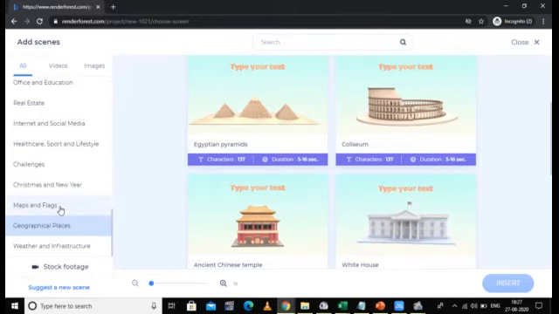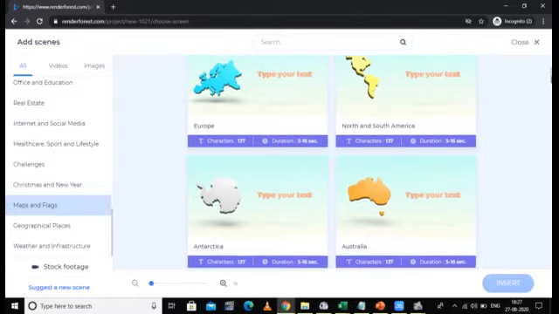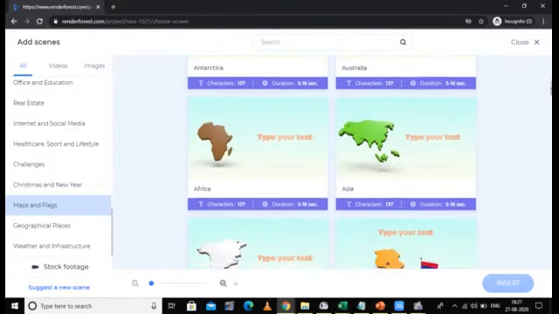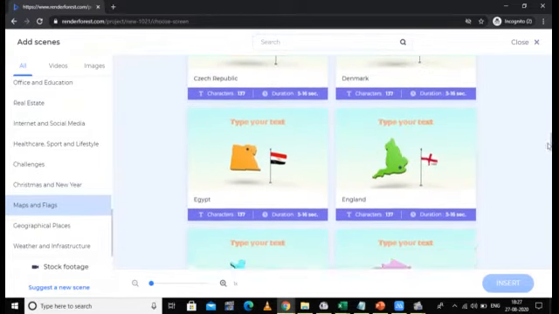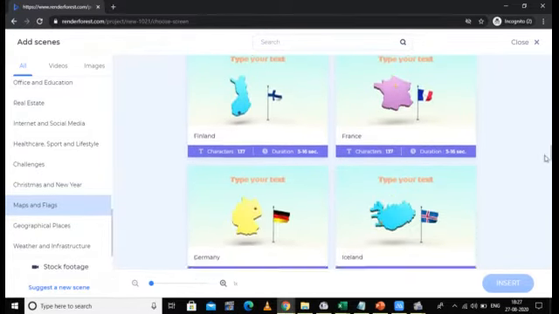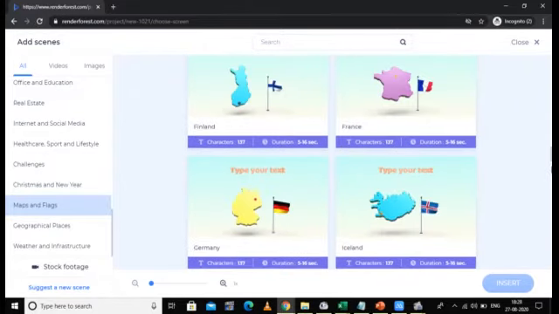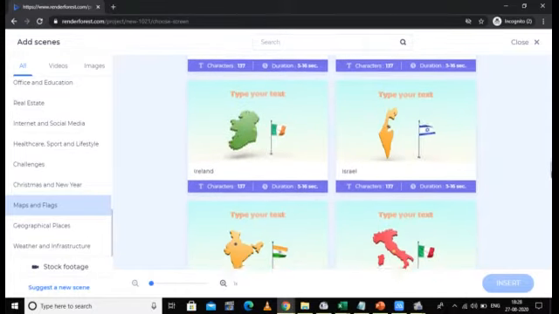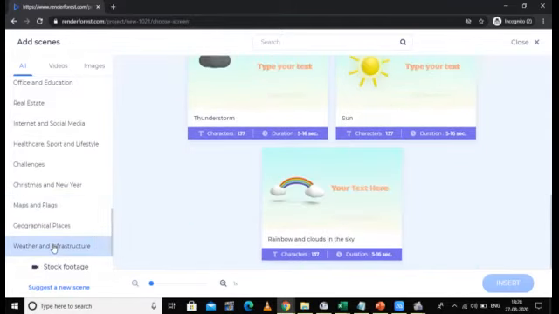If you want to give maps or any other options, you can have these. You can see a map of Australia, Africa and so on. You can have India's map also, that is available in this category. See, you also have India. Then we have weather and infrastructure. So in this way, you can have some of the scenes available.